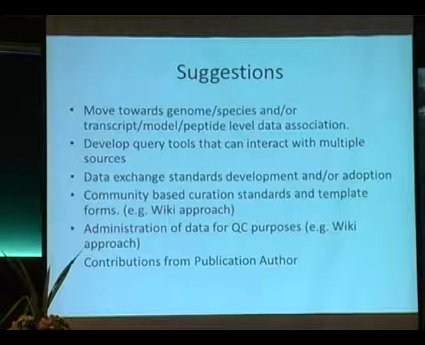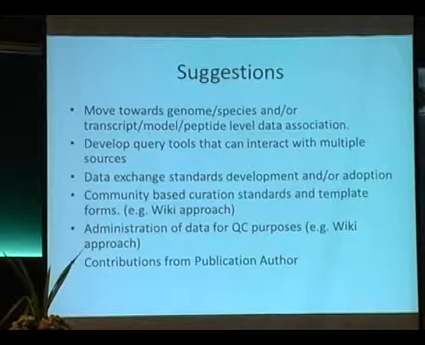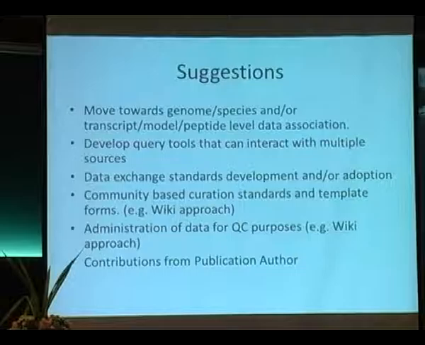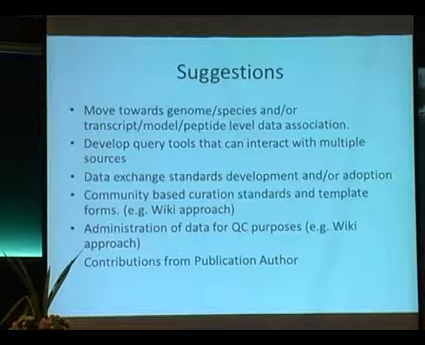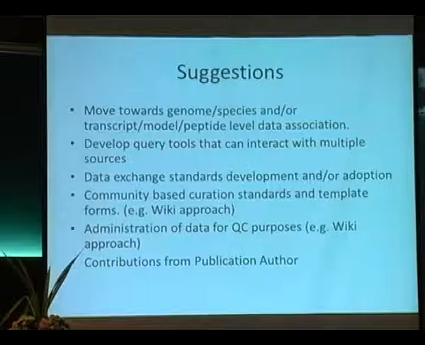My suggestions are something like this. We have to move forward from genome and species level to the individual transcript and molecular level. So it's a whole gamut from the molecular gross level to the very fine level, base pair level annotations are required. Query tools is the major option. There is plenty of data around. People go and browse, but they can't query the way they want to. So I think we need some very nice applications on how to query that data set to make some biological context out of that information, right?